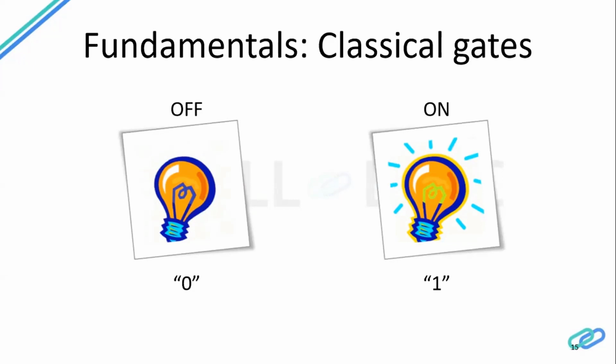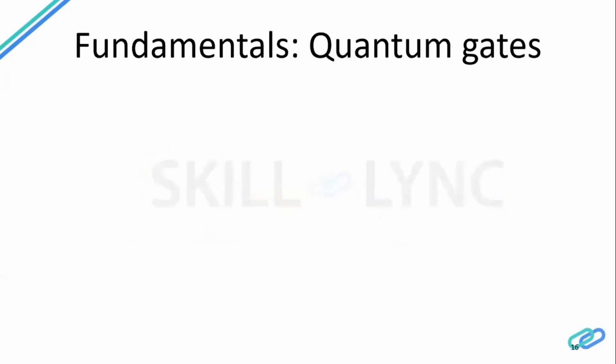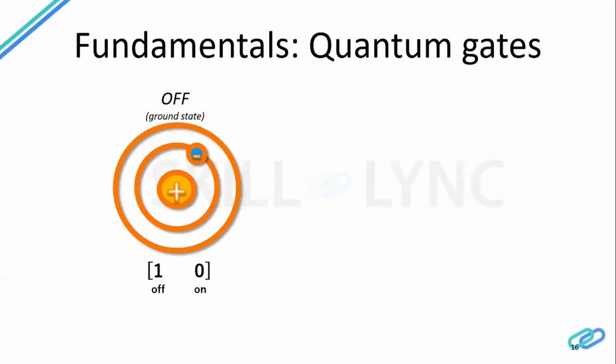We have classical gates. One good, simple and easy gate we have studied is called the NOT gate. This is a classical NOT gate. When 0 goes inside, the output is 1. When 1 goes inside, the output is 0. Similarly, in quantum, as in classical bits, we assume that when the power is off, it is 0.